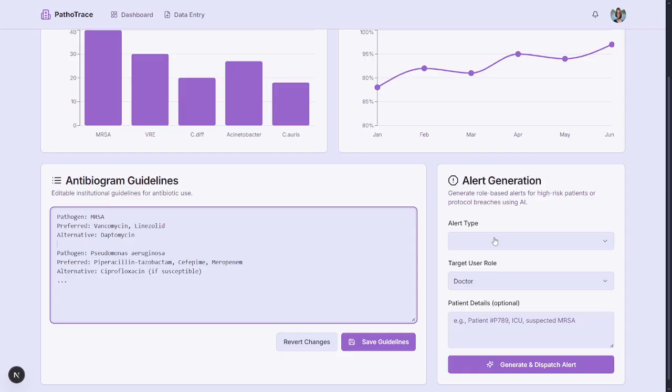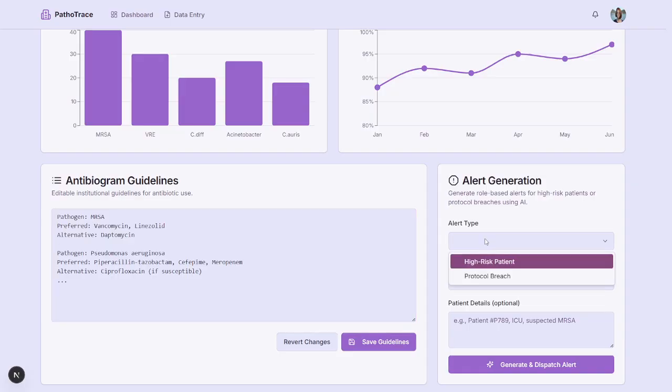Then there will also be other graphs and charts which compare over time the resistance growth of different bacteria like Staphylococcus aureus, Clostridium difficile, Acinetobacter, and all such bacteria. So multiple multi-drug resistant bacteria and their resistance patterns over the month will also be visible for the team to make an entry after their analysis.